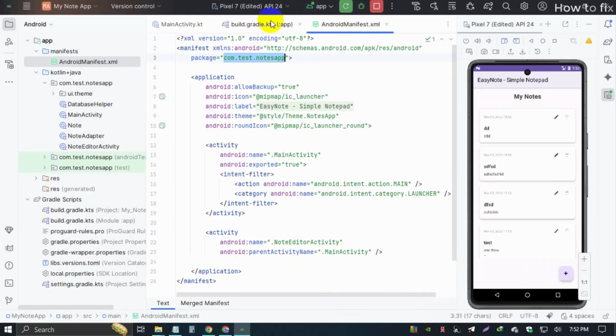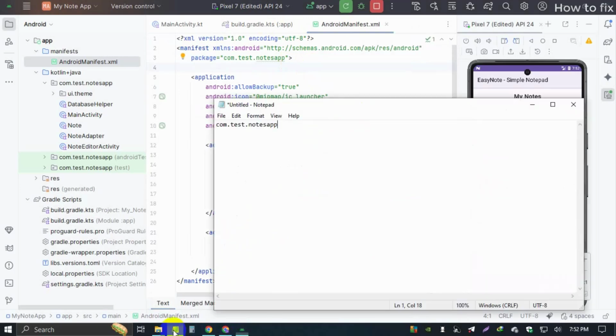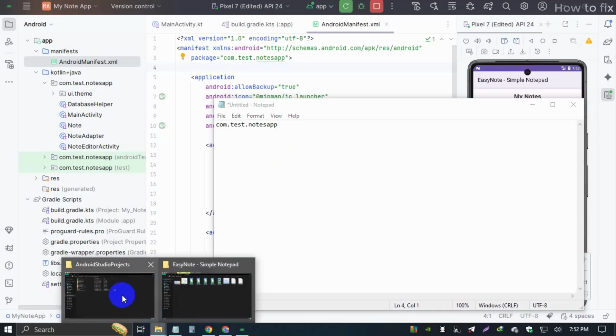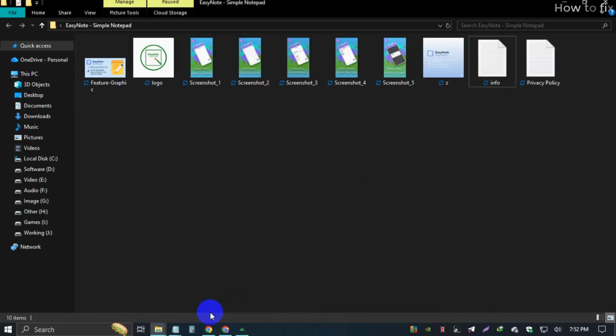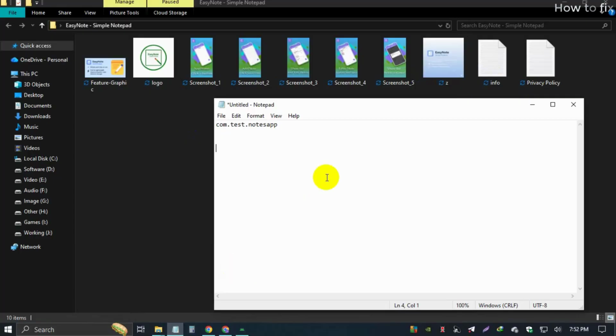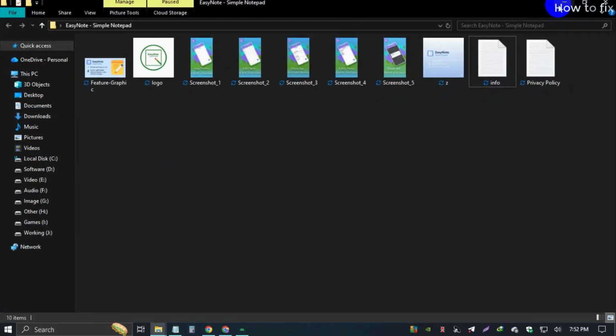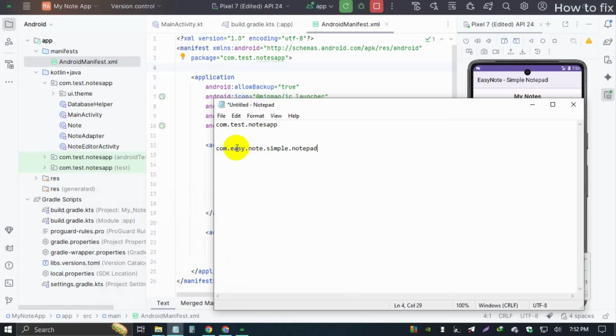Okay, now I will change it. Which package name do I want to set? Wait, here, this is the backup. Okay, I want to set this package name: com.easy simple.pit. So one thing to remember, you don't use .app